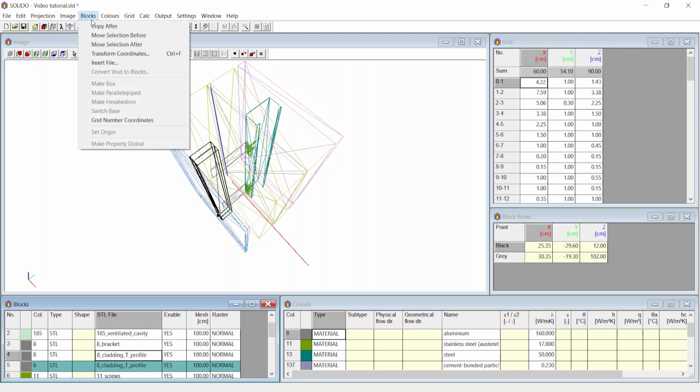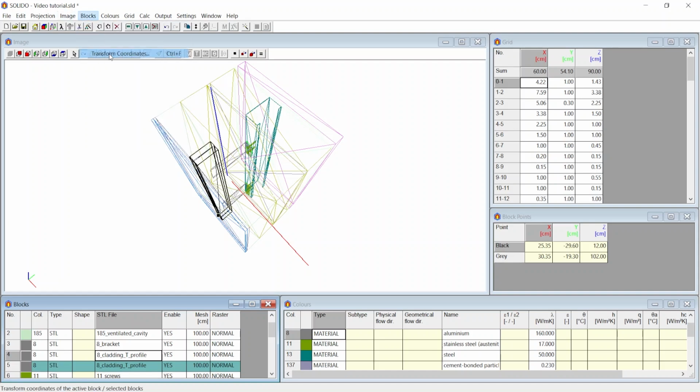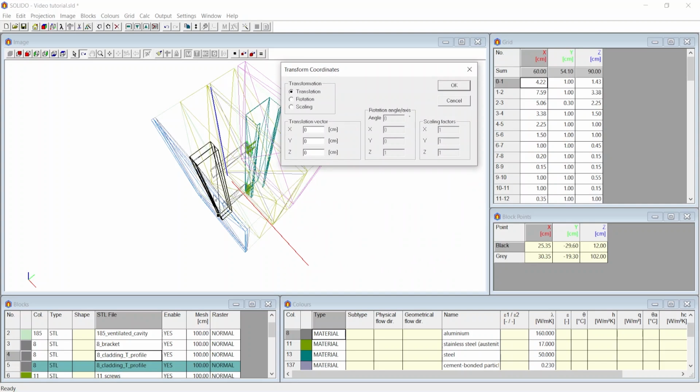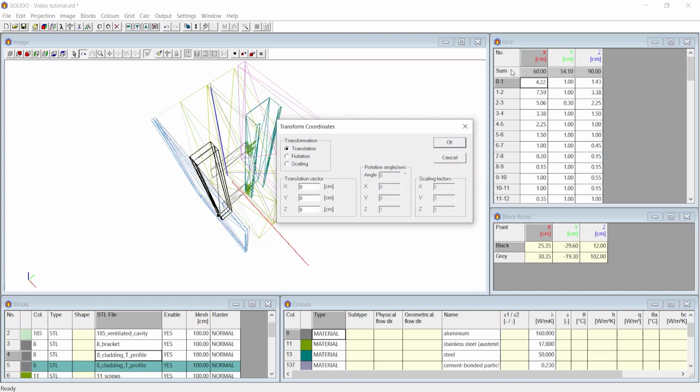From the Blocks menu choose Transform Coordinates or you can directly enter Ctrl-F. From the Transform Coordinates window, choose Translation as we need to move the geometry. You can see from the image window that red represents the x-axis, green represents the y-axis, and blue represents the z-axis. This is also reflected in the titles in the grid window. In our case, say we need to move 20 cm along the x-axis. So we enter 20 at x input. If you want to move in the opposite direction, you can enter a